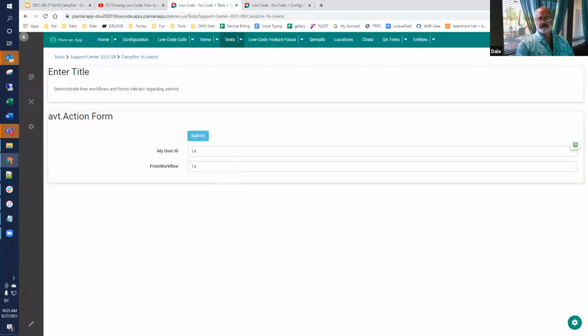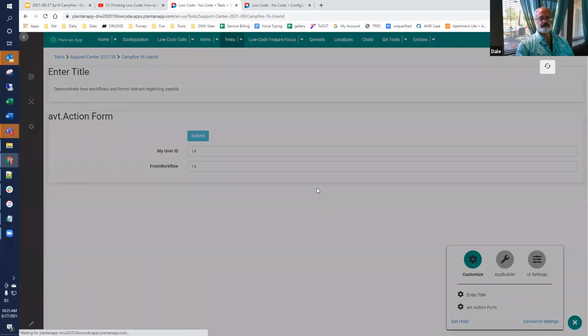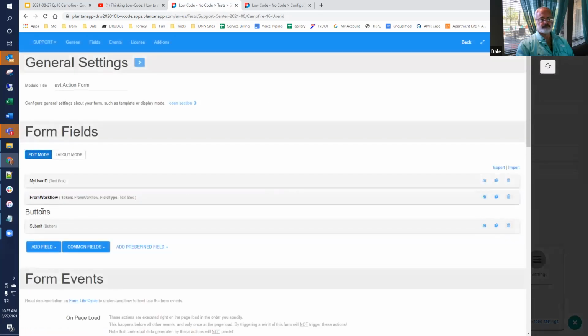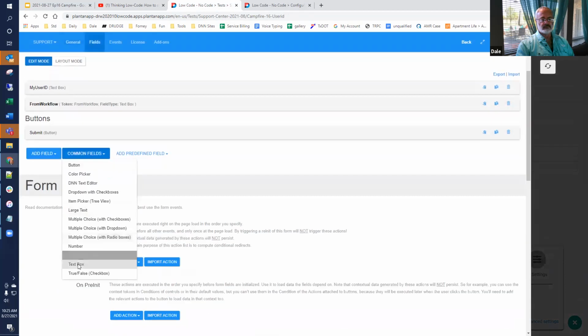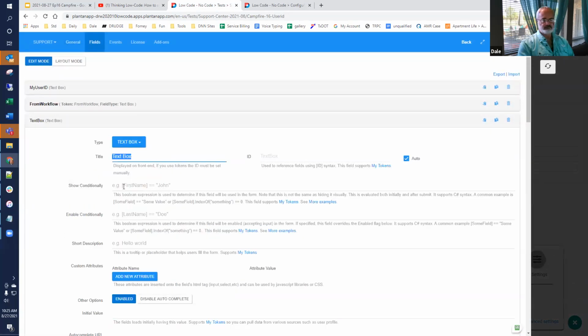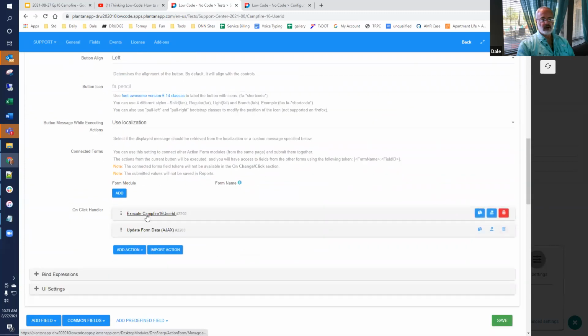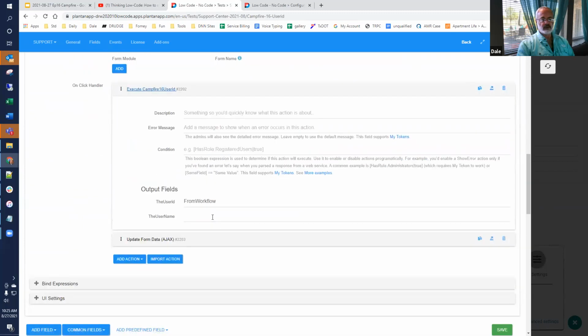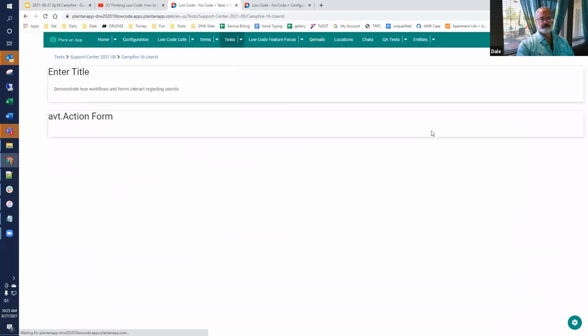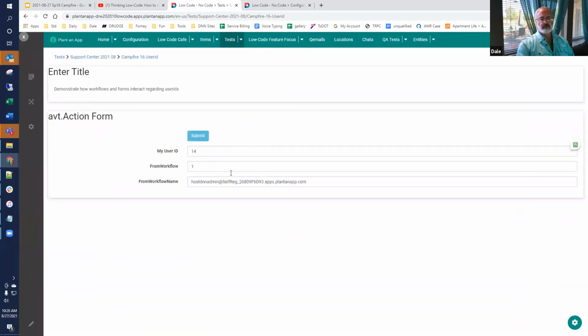So back to our form. We'll add another text box. This is going to be for name or button, and look at the output. We have this, so we can output that as well. So I am user 14, but in the context of that, we've demonstrated that we can load up a completely different user, and the user has the username.